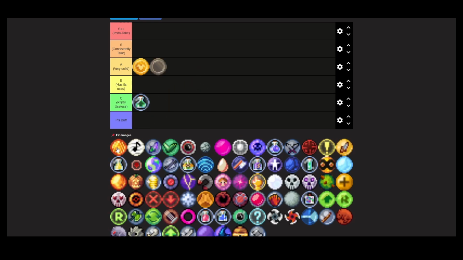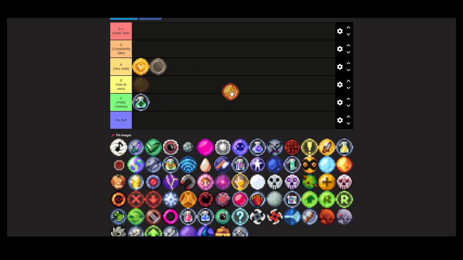We have Accentuate. Accentuate is solid. I'd say it has its uses. If you can get Chess Piece to balance out the other side effect of it, that's good. Or if you can find any of the many Miss Circle boosts, so either gaining bulk when you get Miss Circle, further boosting that bulk, or trying to boost the Miss Circle via training weight, or what's the Mask of